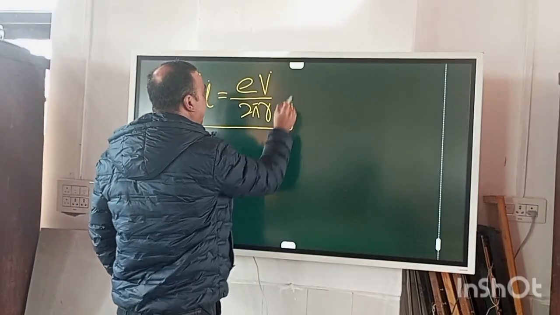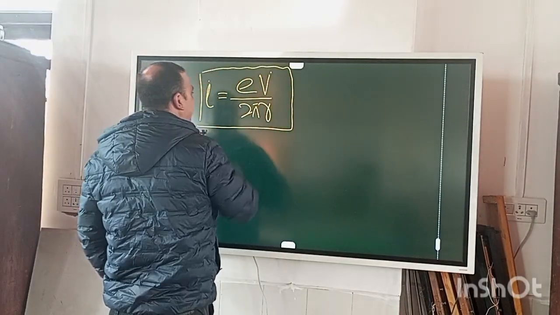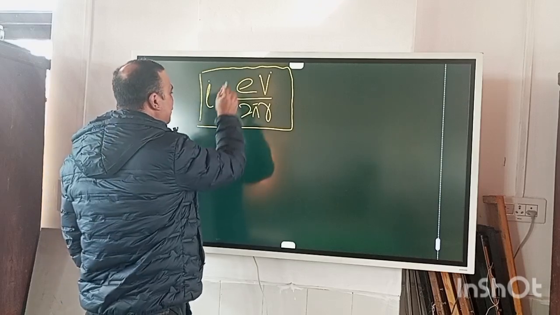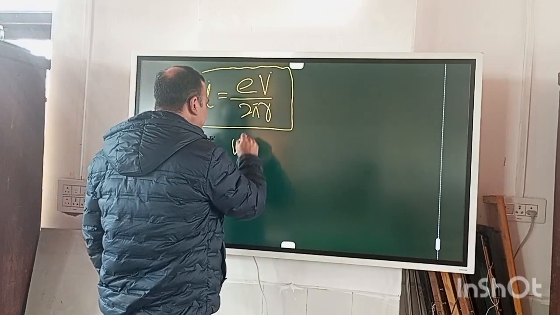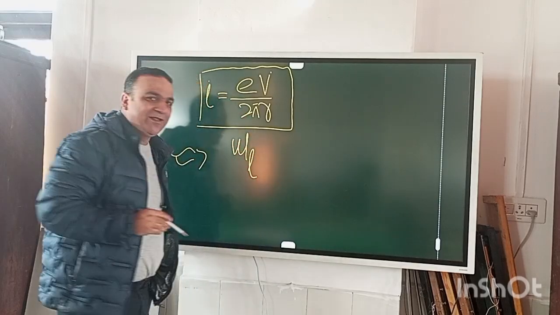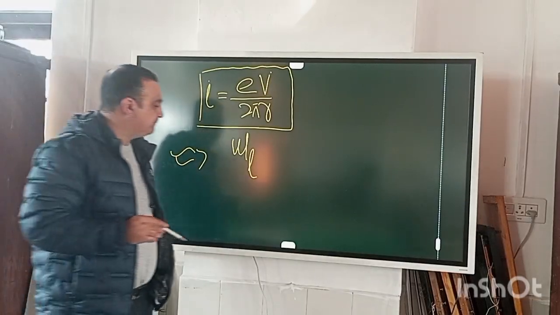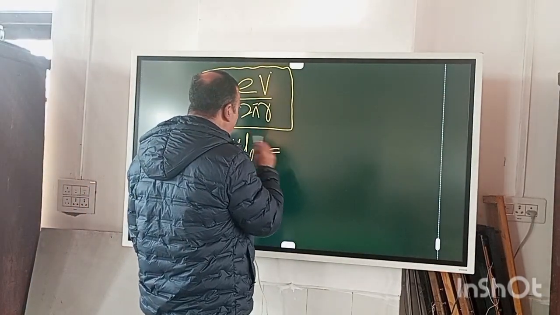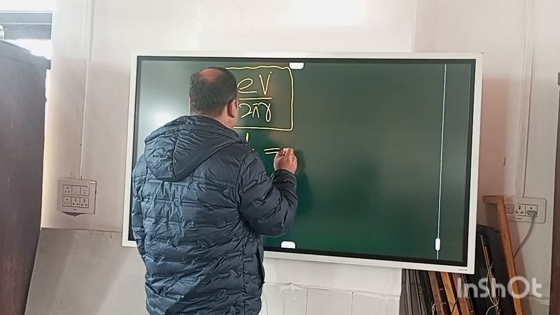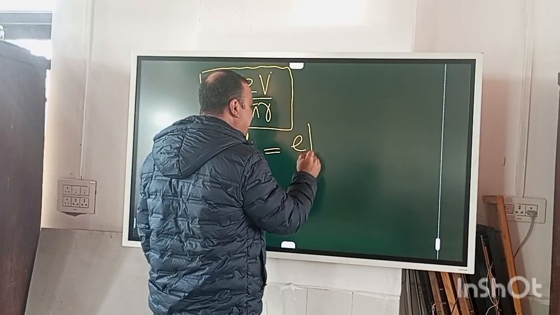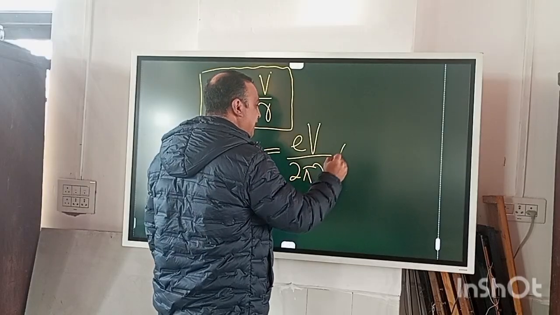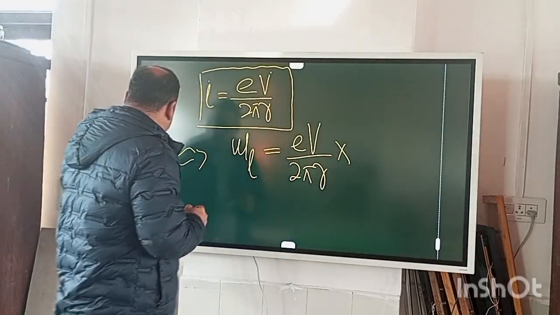So this will be my defining current, and this defining current will lead to what is called the orbital magnetic moment of this electron. This orbital magnetic moment will be EV by 2 pi r times